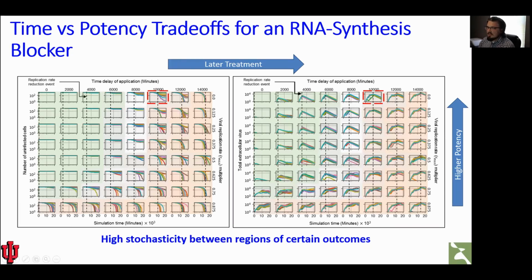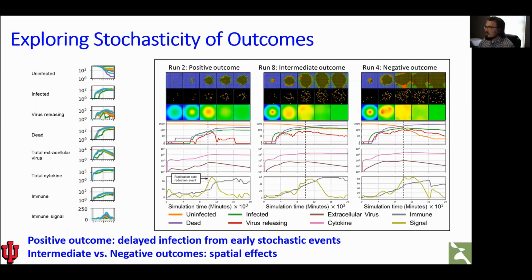Now, one parameter set particularly of interest is what's boxed in here. We're going to take a look at that. These are 3 different simulation replicas of that same parameter set. This is shown here. And these are all of the metrics for each of those simulation replicas over simulation time. Now, we found for this same parameter set 3 different outcomes. This negative outcome being that there are no uninfected cells left at the end of simulation. This quite clearly is this purple curve. Whereas the positive outcome is quite clearly this green one,